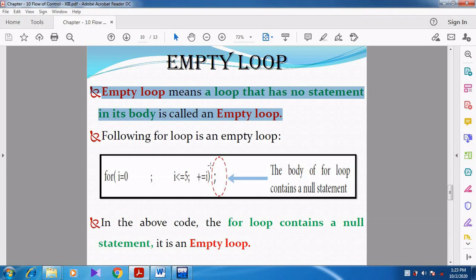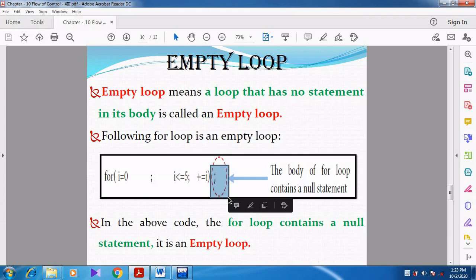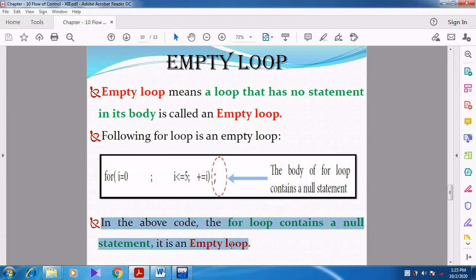If we give a semicolon at the end after the parenthesis, that is called a null statement. Then it forms an empty loop. In the above code, the for loop contains a null statement, so it forms an empty loop.